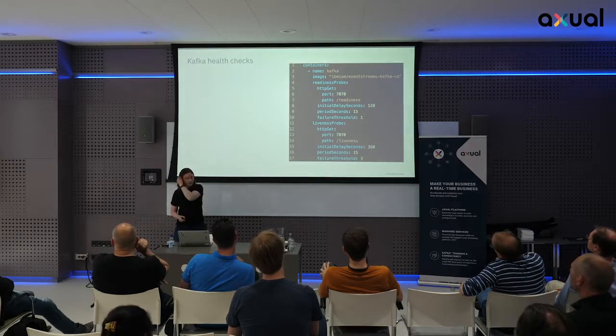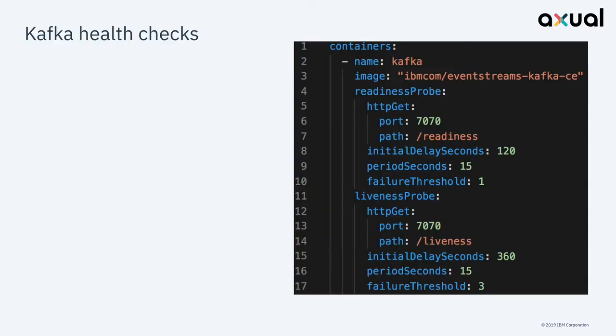For Kafka, it's useful to define these. When we run Kafka in Kubernetes, we have our own extra container that provides the health checks. Because Kafka can be run not in Kubernetes, a lot of people are just running it natively, so this is not something that is provided by Kafka. This is something you have to add on top yourself.